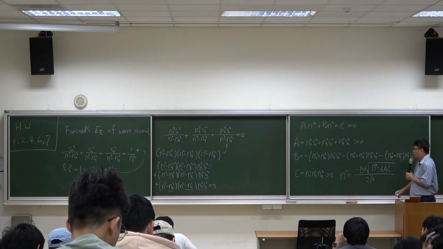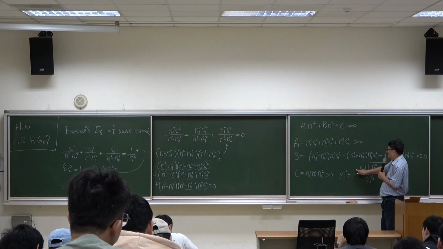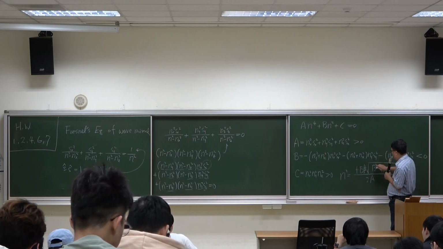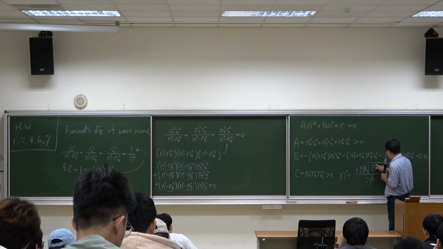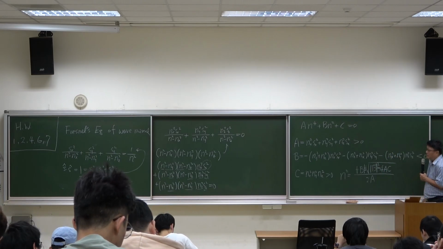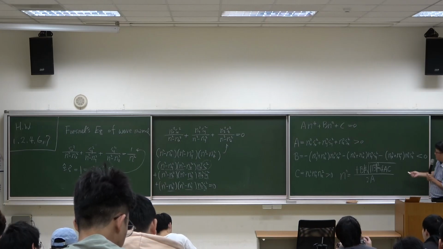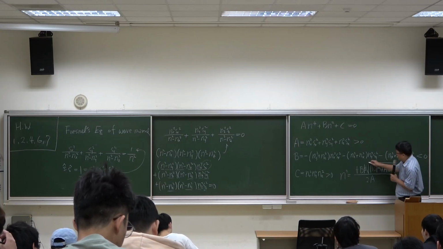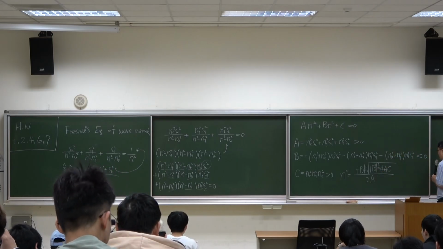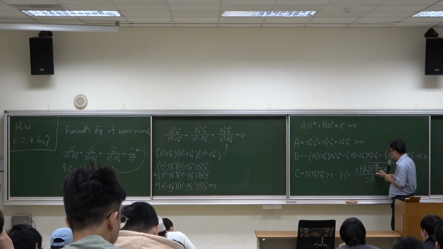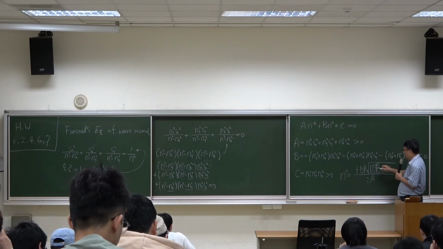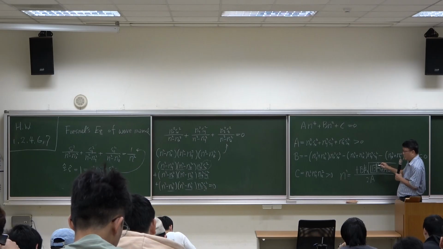So this means that minus B is the absolute value of B, and this is equal to this. Since the quantity in the square root is smaller than B squared,